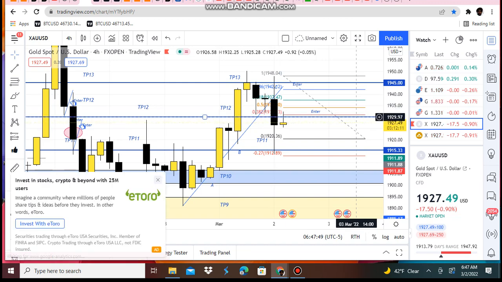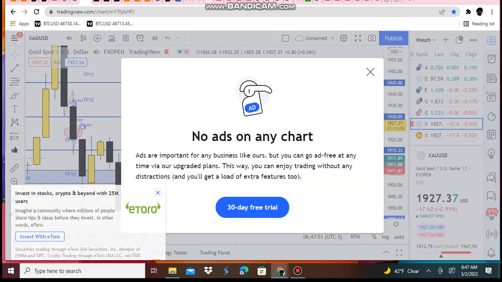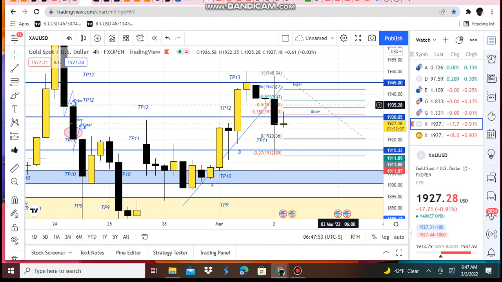As price already went up to 0.382, it could go up even further. It could go all the way up to 0.5, 1934, 1935, before heading back down, and you could have gotten a second entry. You could have rolled this from 1945, the first entry, all the way down to 27 extension, 1912, 1913, boom,